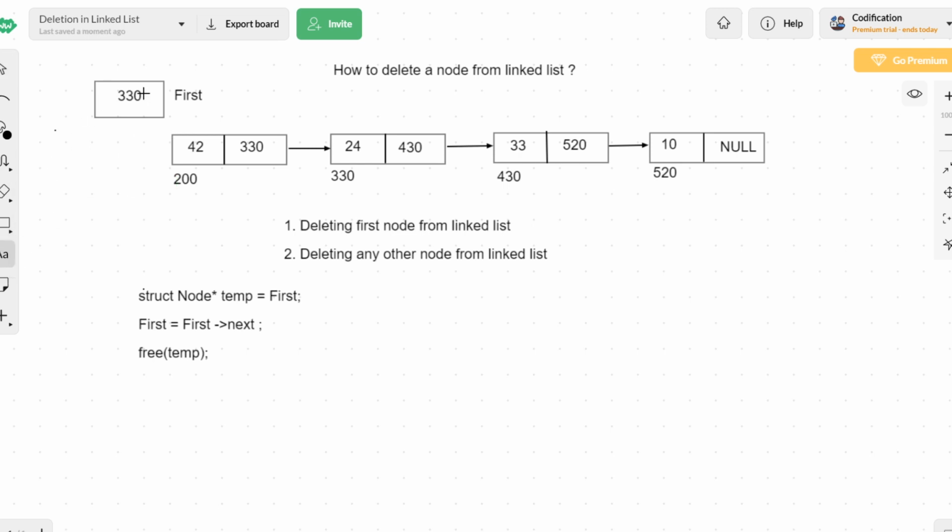Now the first pointer will be storing the address of the first node, which is 200. Now if we want to delete, for example, this node, what should be done? It is a very simple process. I want to delete 33. What is the previous element of 33? It is the node 24. This node 24 has to be directly connected to the last node. When this direct connection is made, from 24 it will not enter into 33; from 24 it will directly enter the last node.